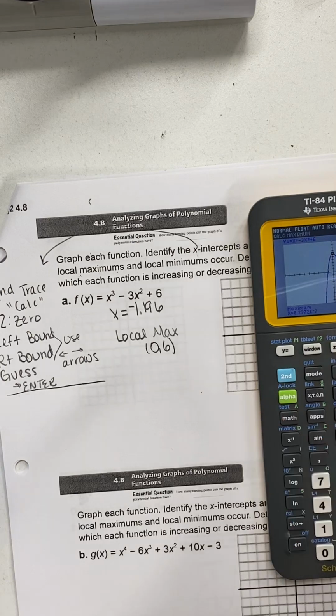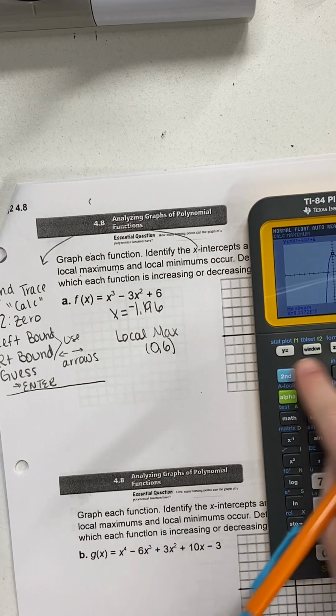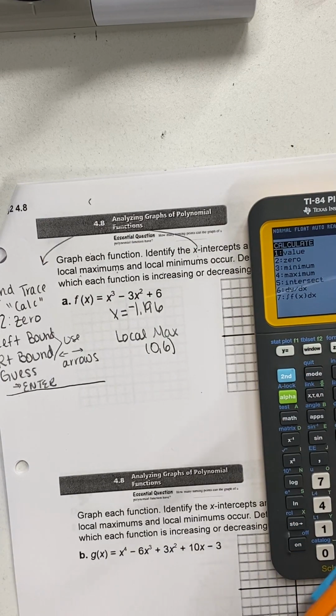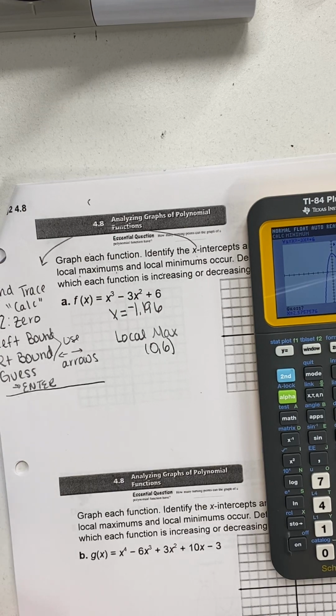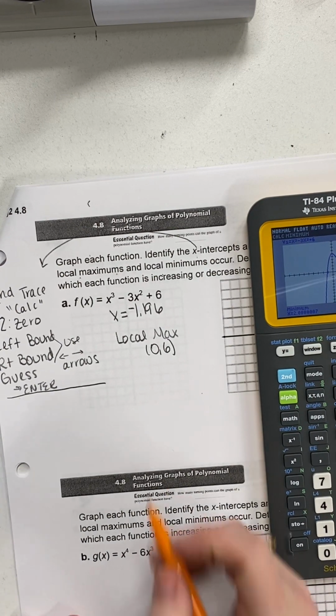Now I want to find this local min down here. So do the same process, second trace to get to the calc. Minimum, go to the left side of the bottom part to the right side. You can see sometimes I get closer than others. You have to only have this one spot, all right? You can't have lots of bumps. You want to give it enough spot that you know what it's looking for, or it knows what it's looking